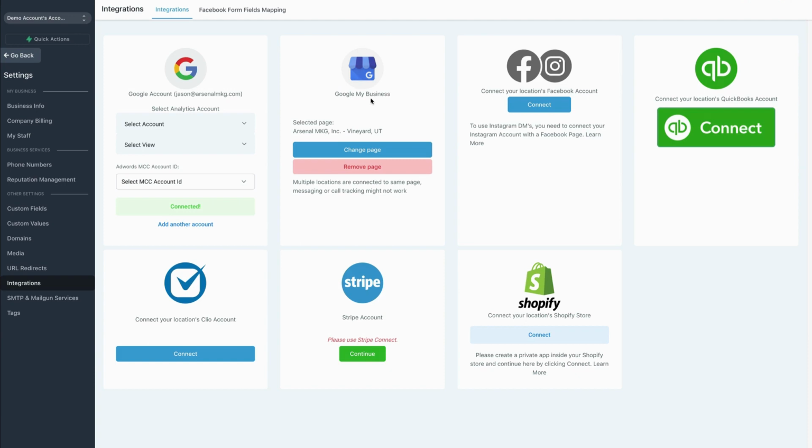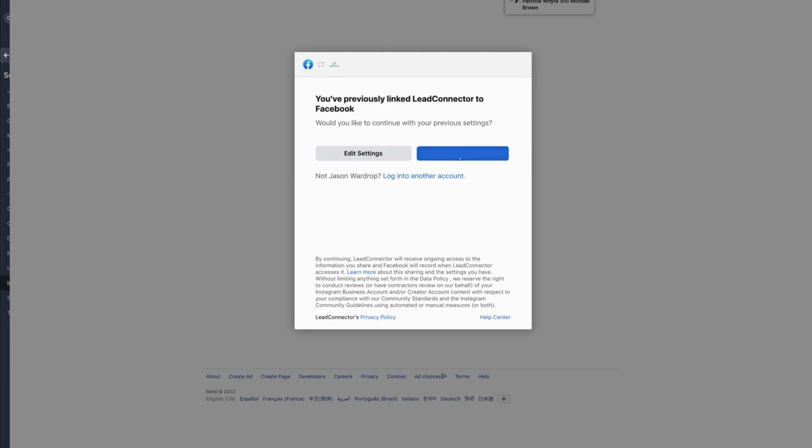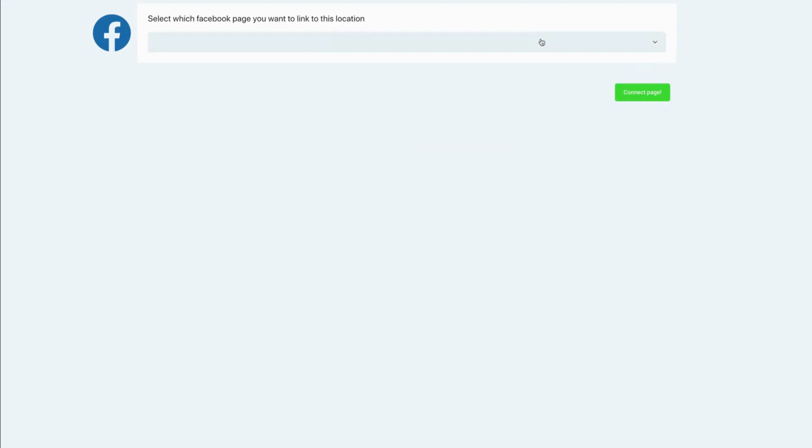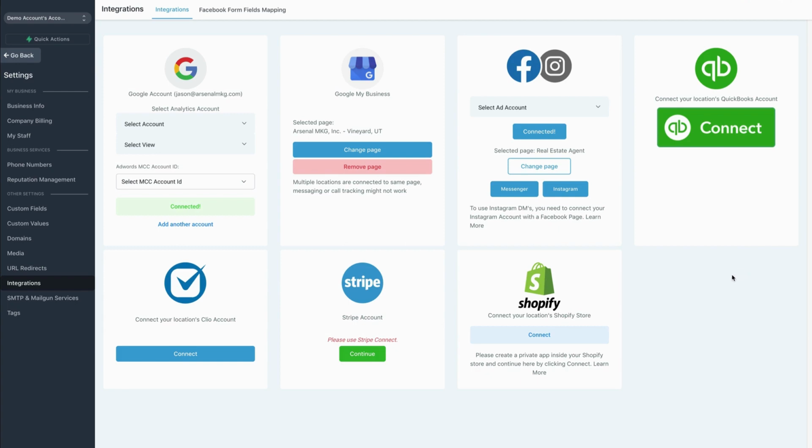Now from here, let's connect your Facebook account. So all we're going to do is click on connect and go through the steps to connect your Facebook account. From here, it's going to ask you which Facebook business page you'd like to connect to. So then we're just going to select our Facebook business page and click connect. So as you can now see, we've got our Facebook business page connected, our Google account connected,